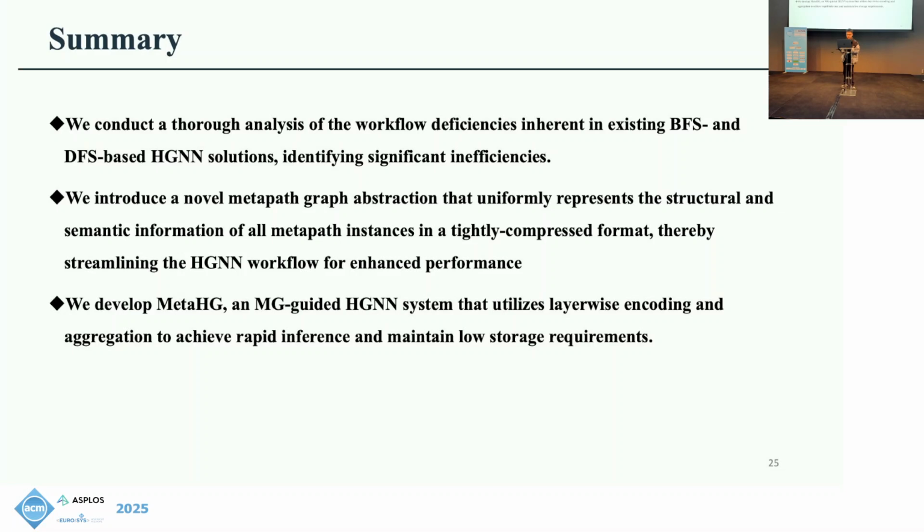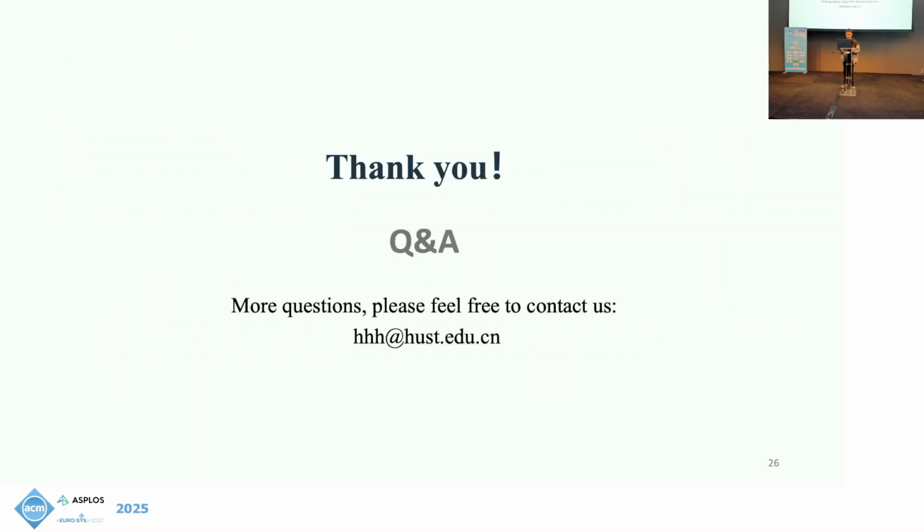We then develop MetaHG, an MG-guided HGNN system that uses layer-wise encoding and aggregation to achieve rapid inference and maintain low storage requirements. Okay, that's all for the introduction of our work. Thank you for